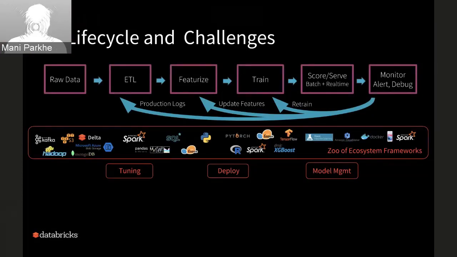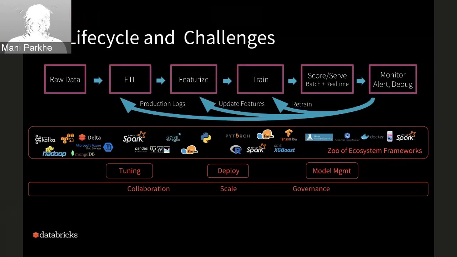Now, if we add the next layer, as the team starts growing bigger and the amount of data gets larger, scale adds up. And you end up having to deal with various different people and different teams owning different components of this life cycle. So you may have a team of data engineers working on the ETL and logs part of it, a set of data scientists working on the training aspect, and a set of system engineers on the deployment part of it. So you have to work through the life cycle of a model, how it passes through these different teams, and governance of it all.